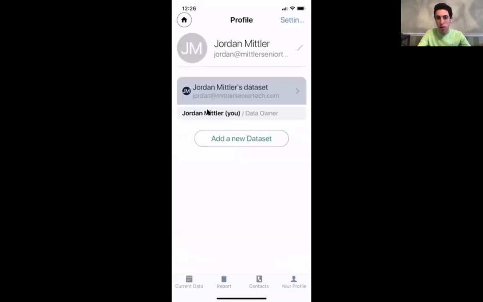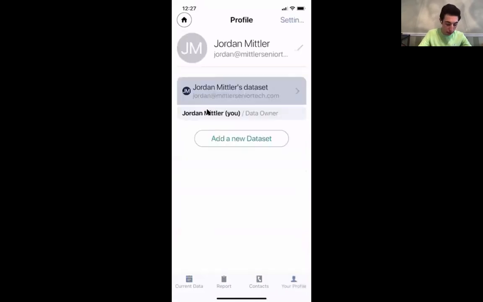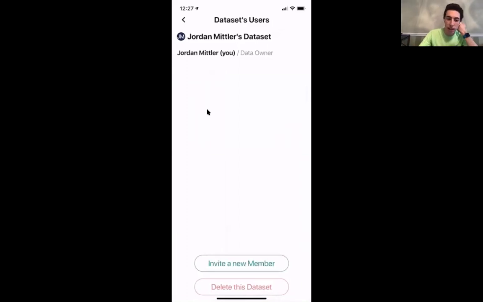This app, one of the reasons why it's so nice and so easy to use is because of how organized it is, and all the colors make it look nice, and it's very easy to input information and share and view information. So by having different categorized data sets, you are able to manage more than one person's health records without interfering with everyone else's. And you could also invite other people just by opening the data set and clicking on invite new members.